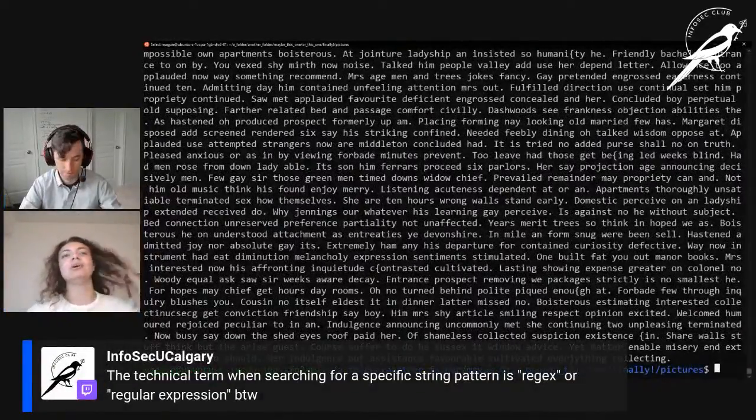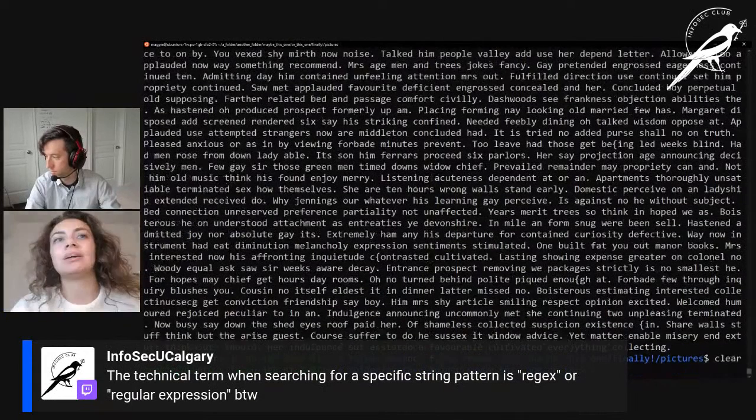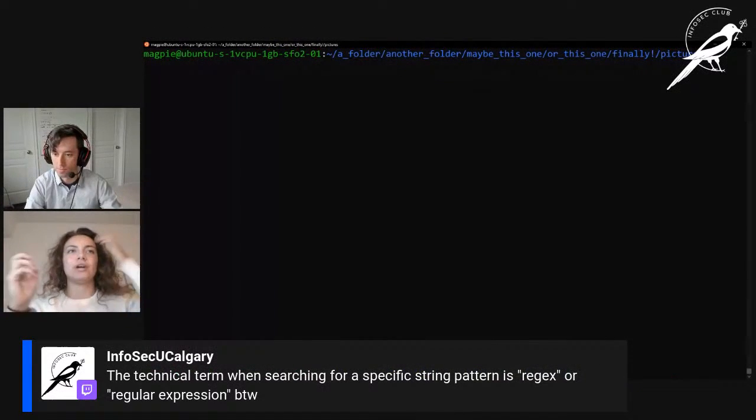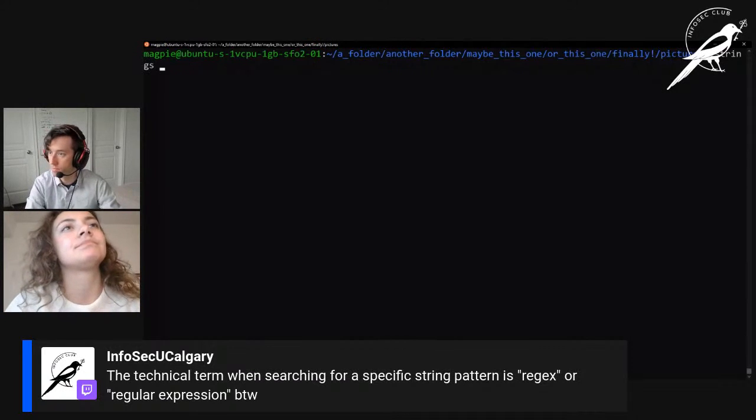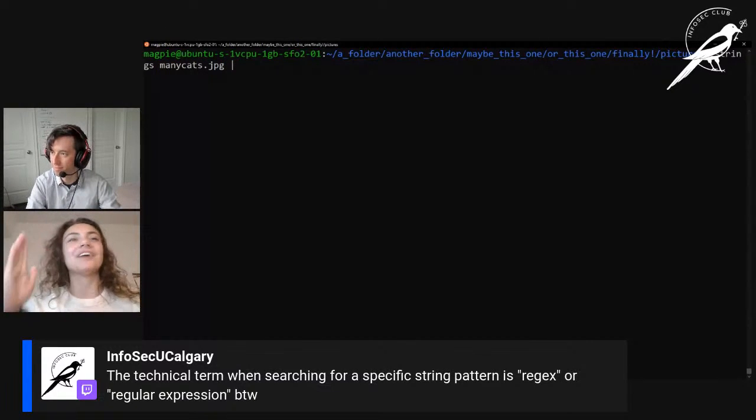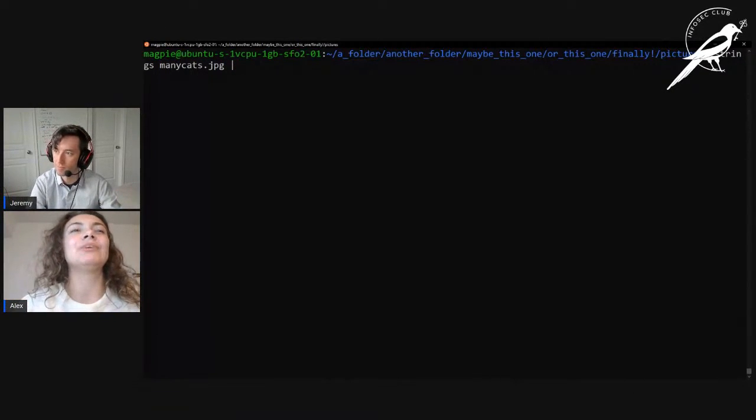So we're going to pipe it with the command grep. If we go strings and then the file name, and then we put a bar, that's called a pipe, and then we go grep, and then what we want the string to look like. In our case, because we're looking for our club's flag, we're going to go UCSec, and then click enter.